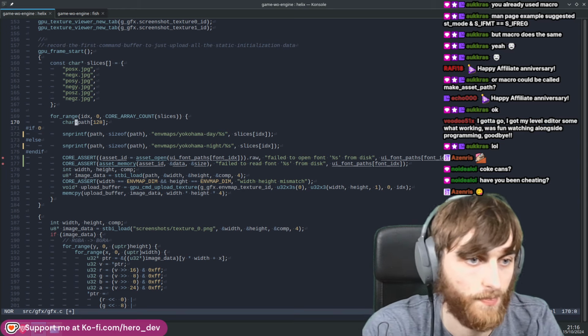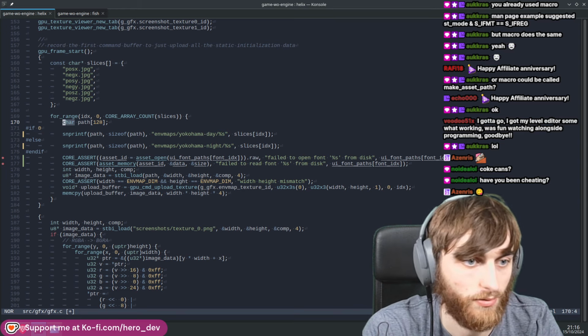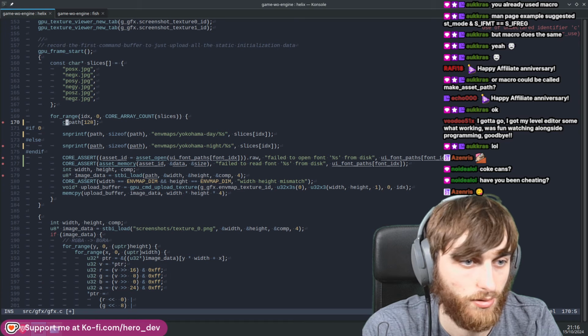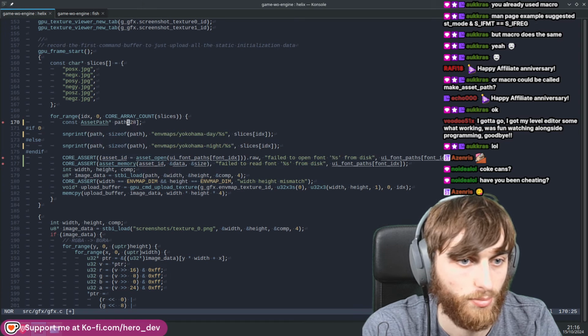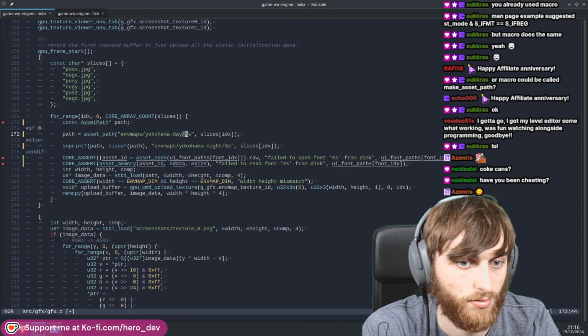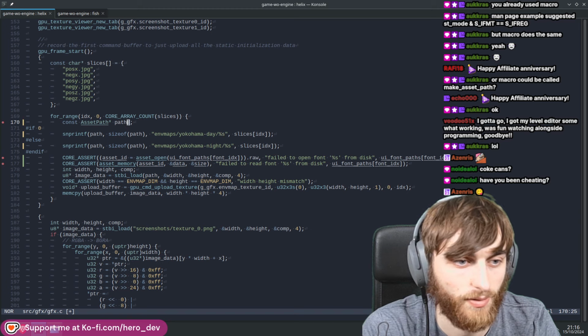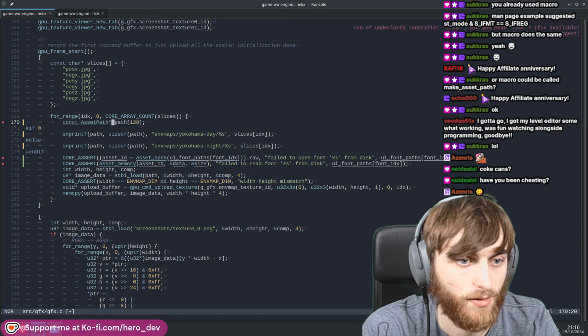And it gets to be a const asset path pointer. None of this string copy crap. Path equals asset path. Oh wait, it has to be that. Damn it. Right. So that would then mean